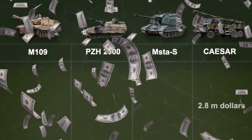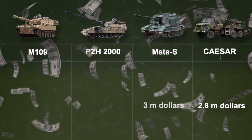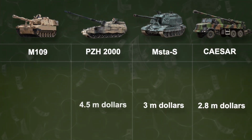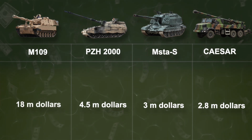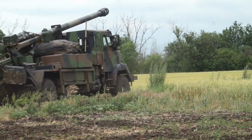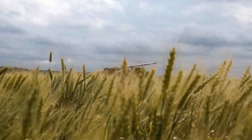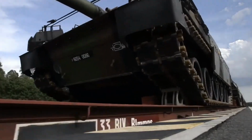The price for one Caesar is $2.8 million. The latest version of the 2S-19 Msta-S costs $3 million. The PZH-2000 runs about $4.5 million, but the Paladin comes in with an incredible price tag of $18 million. As you can see, the Caesar is just as good in terms of performance while also being much cheaper than its competitors. It's quite nice that this weapon's been included in the recent aid package for Ukraine, which also includes